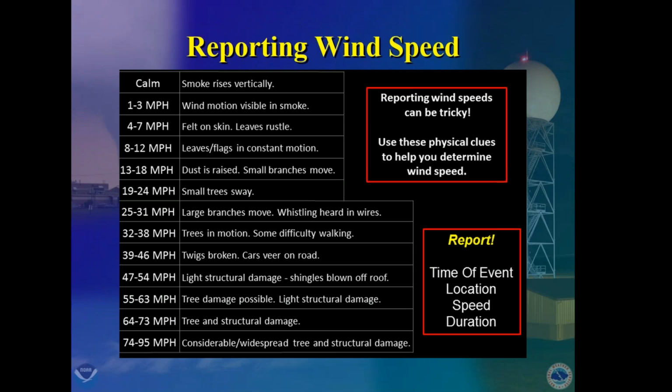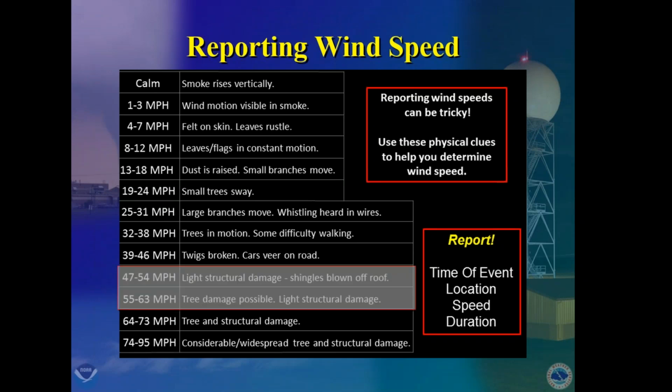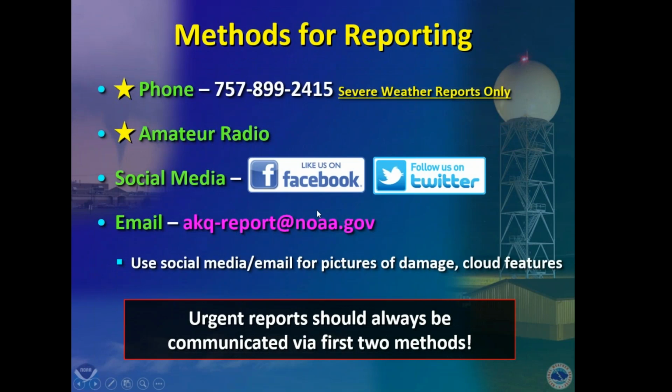Here's the reporting reference sheet. And by the time you get upwards of the structural damage and shingles getting blown off the roof or tree damage, that's the kind of severe damage we're talking about in terms of significant damage that gets done. And this is the screen you might want to take a picture of and or throw this number into your phone,